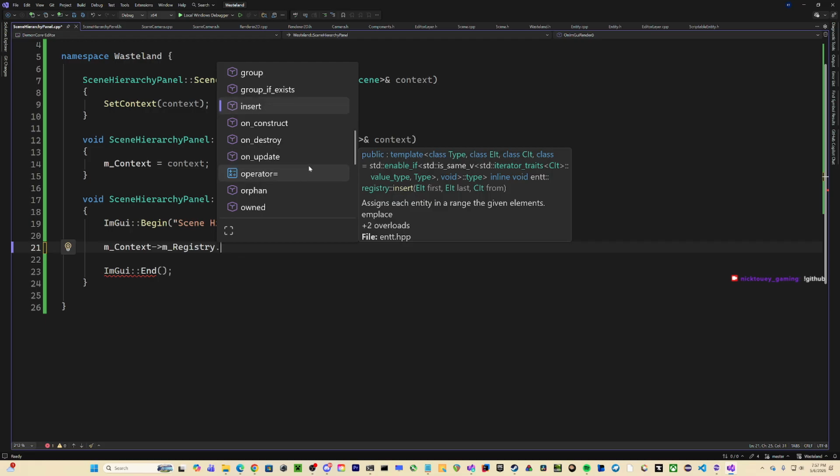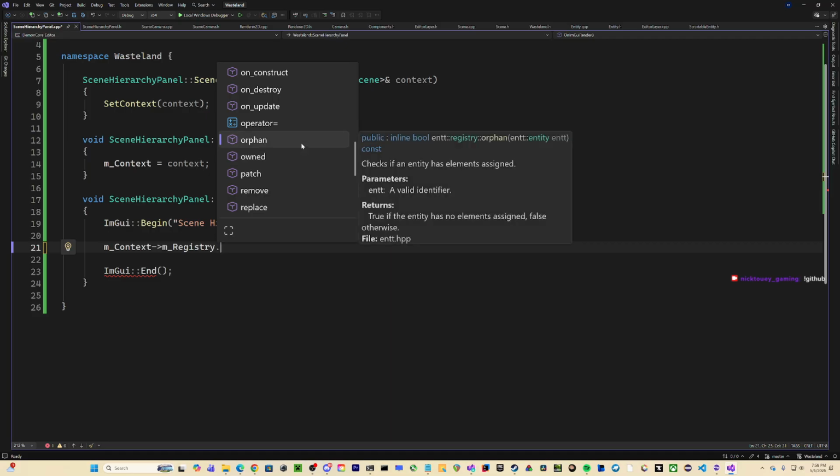Insert. Probably not. Checks if an entity has elements assigned. That's no.